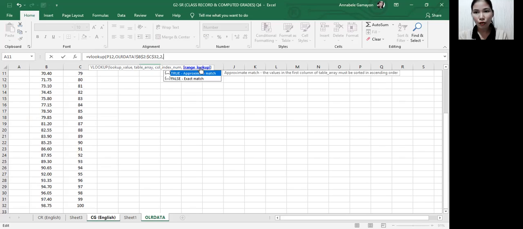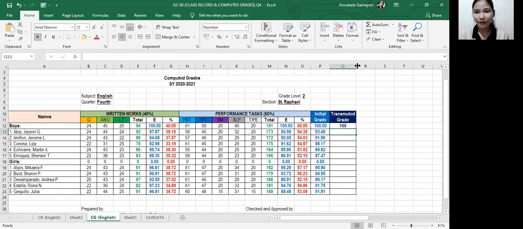When we say range lookup, we only have one range here. So we'll write 1, then close parentheses, enter. Okay, we get the correct formula, 100. Just click here, double click the small square. Okay, so that is their final grade for